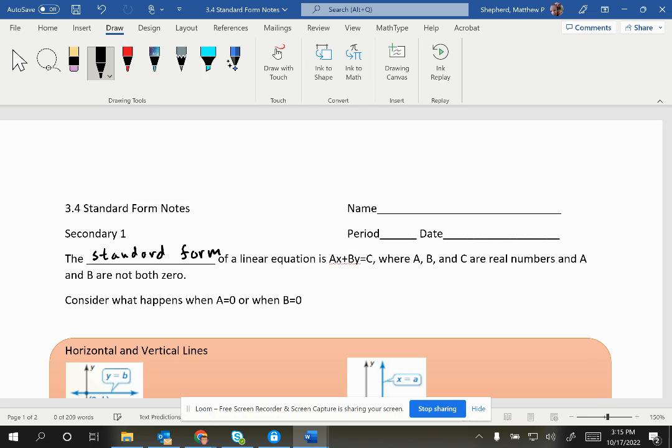Now, this equation is very useful in graphing in that it helps us to find intercepts. Okay. And to start talking about those intercepts, let's consider what happens if only a is 0 or if only b is a 0. So let's imagine that for a moment. In this equation, let's focus on a. So if a was a 0,